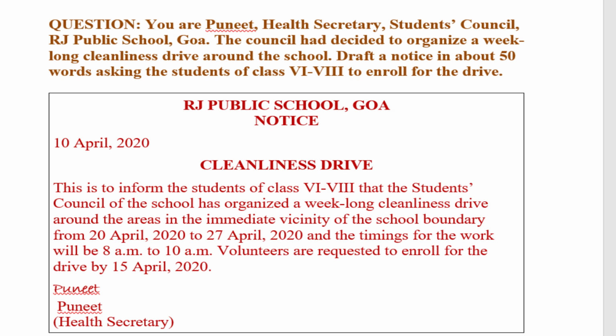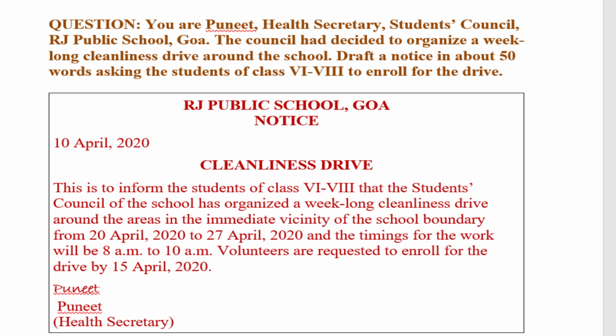Before writing the answer, we must make a value point checklist. For example, we should see the name of the organizer in the question. Then we have to see the name or nature of the activity, if there is any occasion given or not given, or venue, what are the objectives, whether it's information, awareness, appeal, invitation, or what. Then what are the dates and timings we can include, what will be the expenditure or charges or any entry